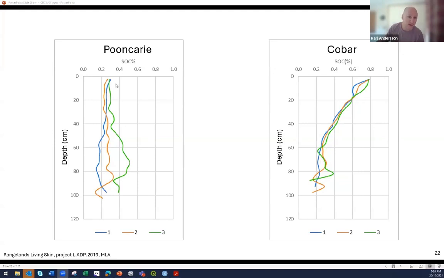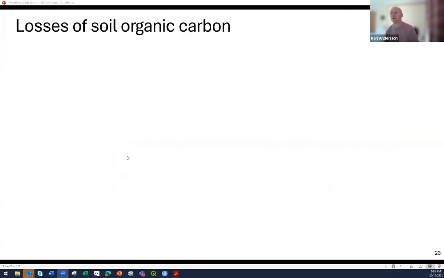But the other interesting thing here is this bump out here. Depending on the soil test you get, you might pick up some carbonates. And even when we try to treat them and remove them, because they're inorganic and we're interested in organic carbon, some of the tests, you might hear them called a LECO or a dry combustion or an Elementar, can still have a bit of an artifact of carbon in the soil. So we can fall back to other available tests. Okay, so that's soils and ideas of where carbon is and how it moves through.